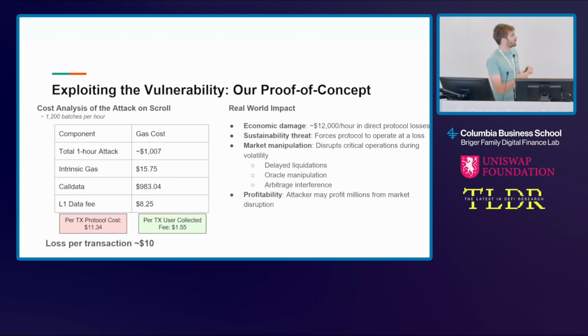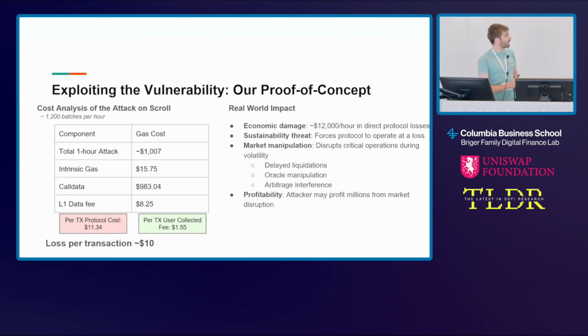The attacker will have to pay intrinsic gas, which is the amount of gas he has to pay per transaction it performs in the L2. It will pay in L2 gas fees for the calldata it will submit in the L2 around $980. And for the L1 data fee, which should cover both the blob cost and the commit cost, it will only pay